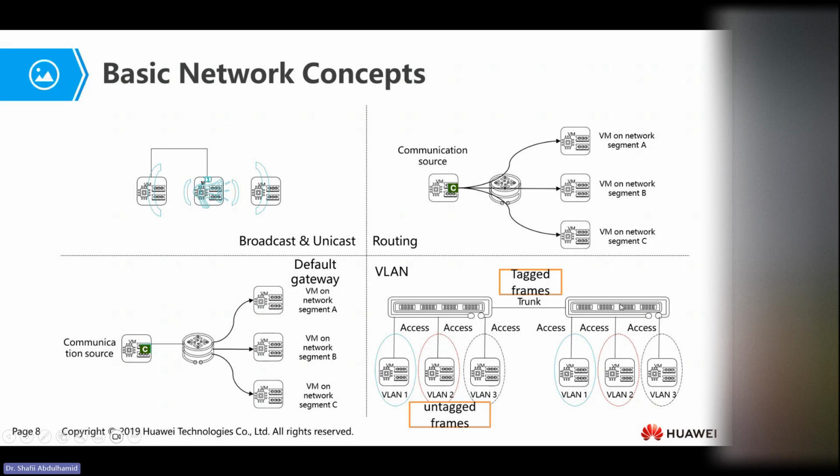So it will send the tag frame to the next physical switch. Upon receiving the tag frame sent by switch 1, switch 2 simply has to untag the frame before sending it, for example, to this virtual machine residing in another department's virtual LAN. So that's the essence of having tag frames, untag frames, and also the difference between access links and trunk links.